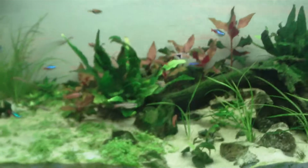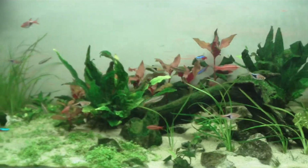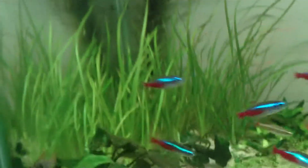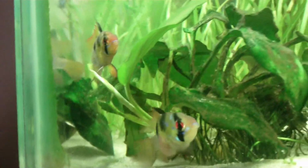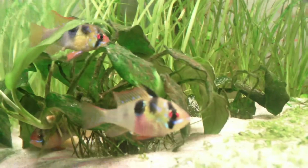This is dual 7000K light. You can see, hopefully I can keep the camera trained without shaking too much on some of these rams. Okay. So it's just a 7000K, no Monster Ray. That's with the Monster Ray on,